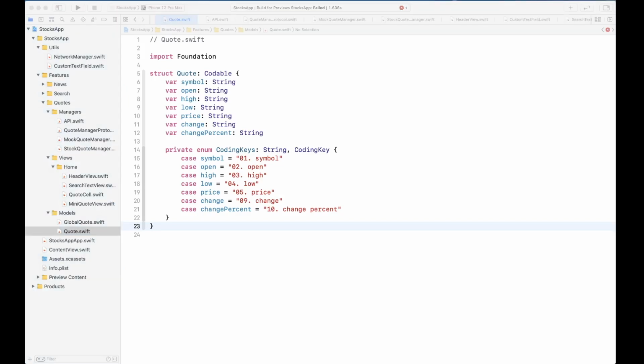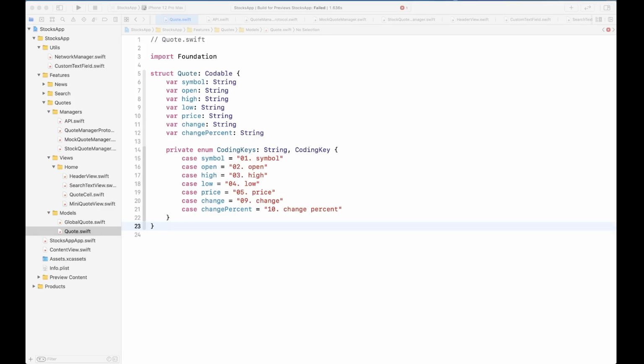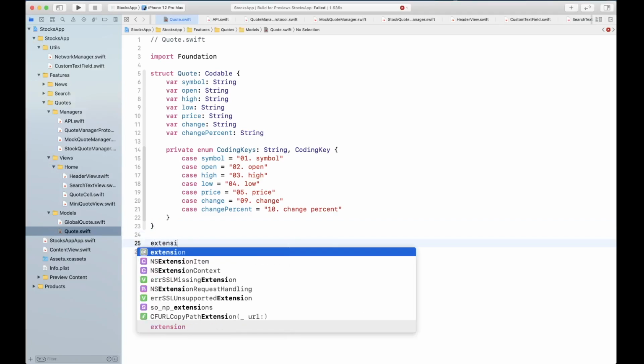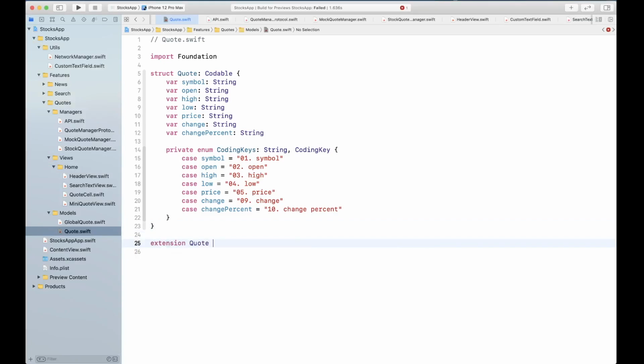So what we can do is create an extension to quote and create a computed property. This extension is going to be conforming to Identifiable, which needs an ID, and we're going to return UUID like so.